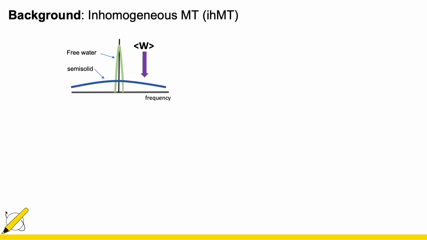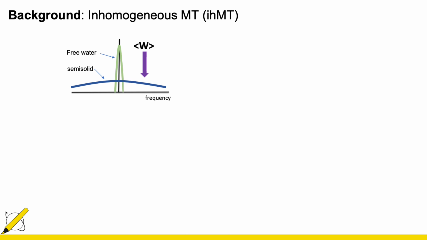Now, at around the same time, people were describing an inhomogeneous magnetization transfer effect, which could be used to probe tissues like myelin, which display a strong ihMT effect. So the ihMT effect is essentially saying that there is a difference now in how the system interacts under different types of off-resonant irradiation. So in the cartoon here, you can see the classic type of MT experiment where you